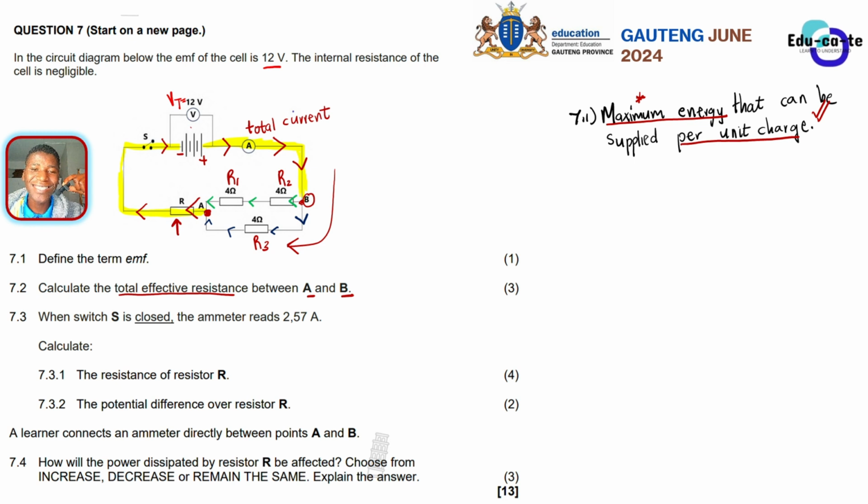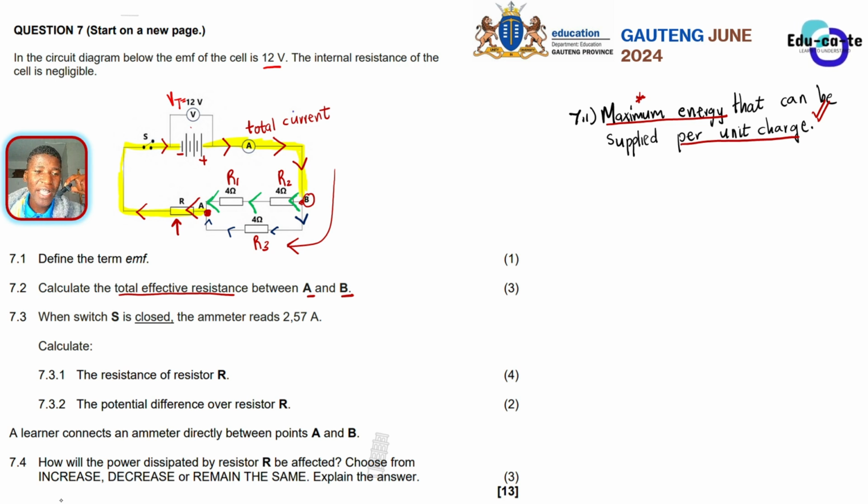Why do you say that they are in series? They are receiving the same current. Guys, try your best not to cram what series refers to. Series simply means that they are receiving the same current. So in this case, R2 and R1, these 4 ohms resistors that we have here in the same line, are receiving this green current, because this green current goes straight in when it is split here at point B. This green current gets straight into the R2 resistor, and then the same current comes out and goes straight to the R1 resistor. So they are receiving the same current. They're in the same line, so they are in series with one another.